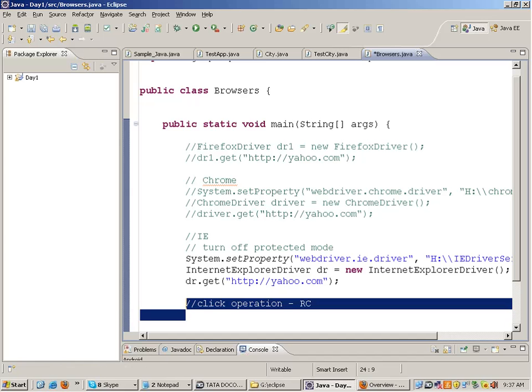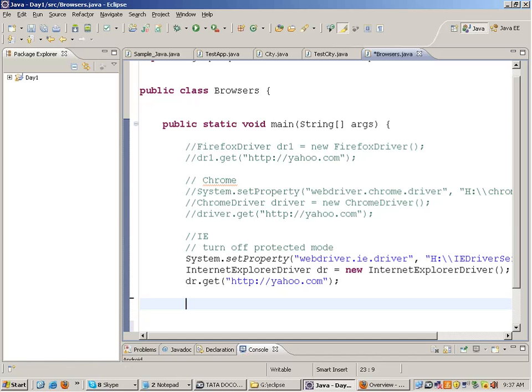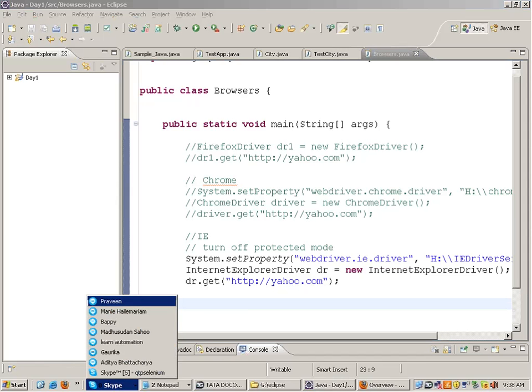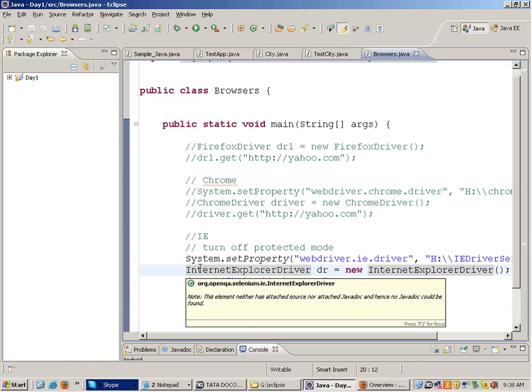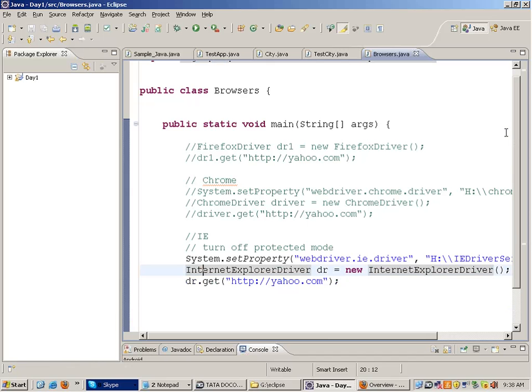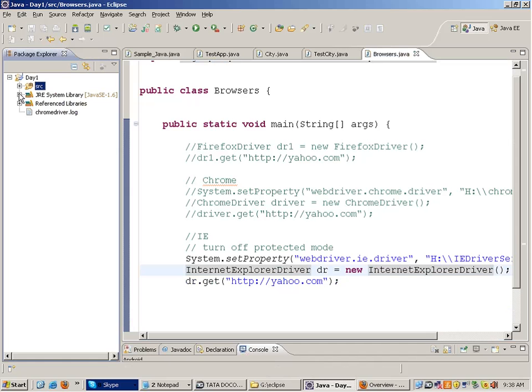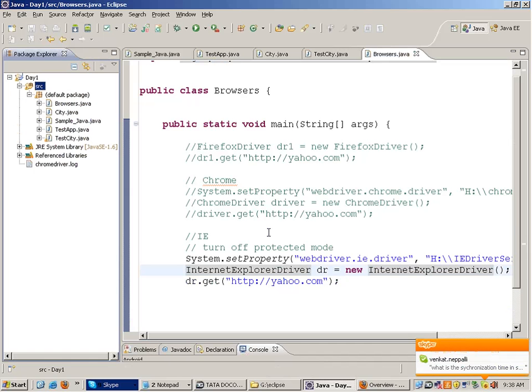So there are differences. There are many differences. But technically, to understand those differences, first you need to know technically any one of the particular tools, like either WebDriver or RC. Fine. So now we had this project day 1 which we had made yesterday, and in this,